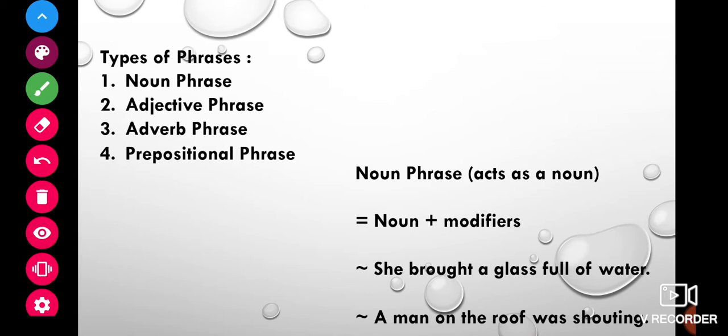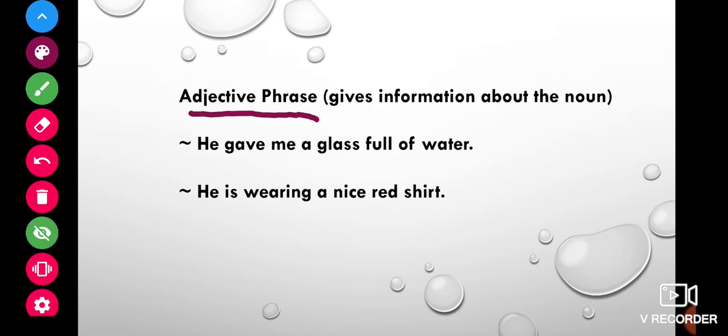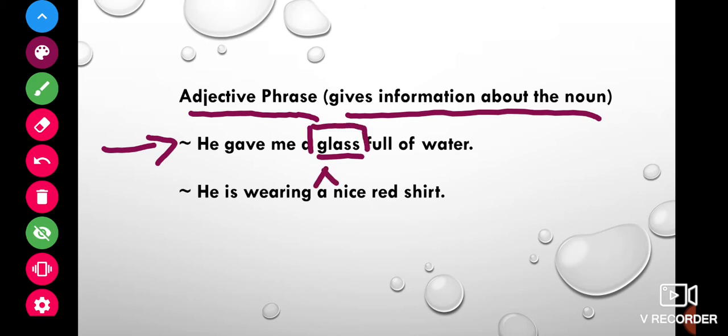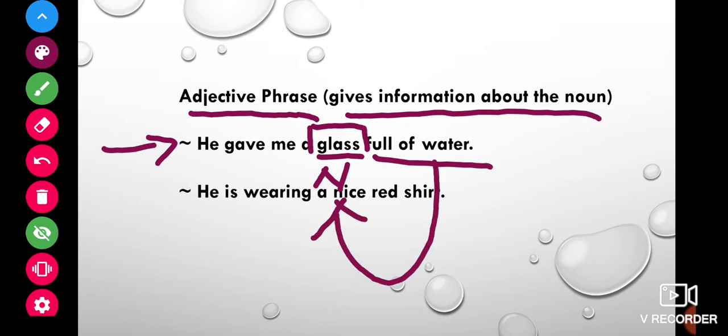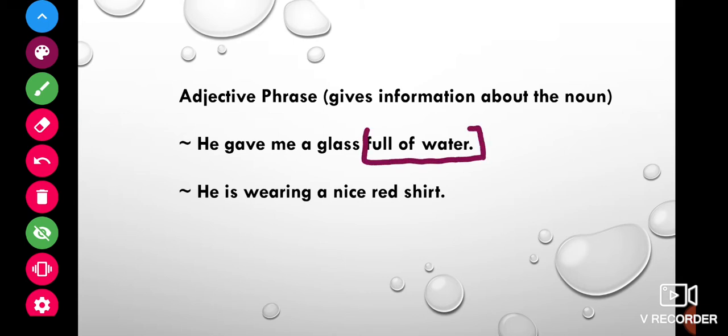Let us move ahead to the next type, which is adjective phrase. Now just like adjectives, adjective phrase also gives information about the noun. Let us look at the examples. He gave me a glass full of water. Now here, consider glass as the noun. Full of water. This full of water is giving us some more information about the noun glass. So in this sentence, full of water is the adjective